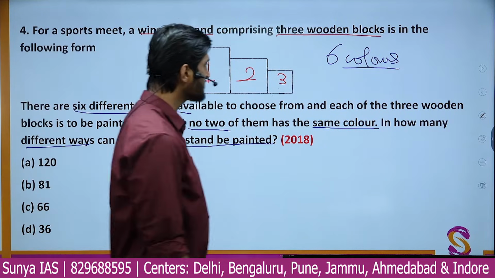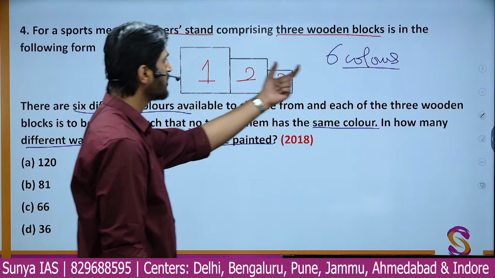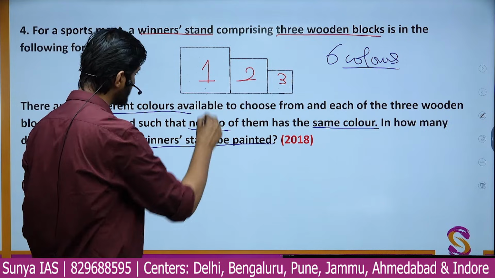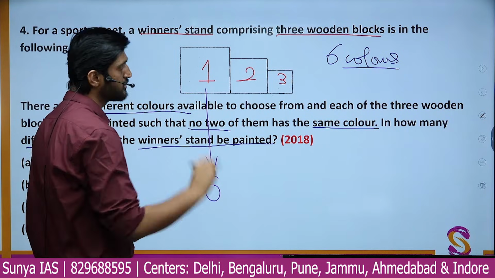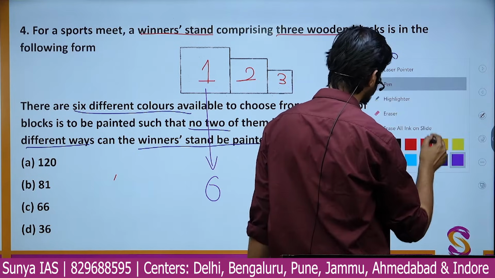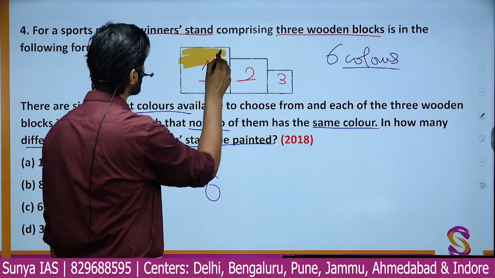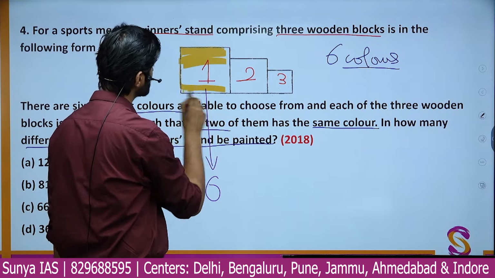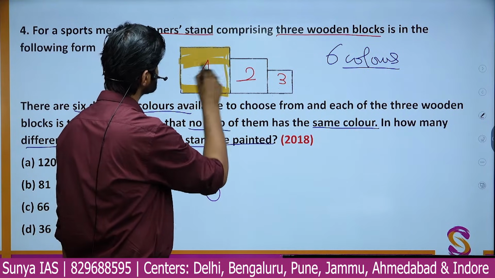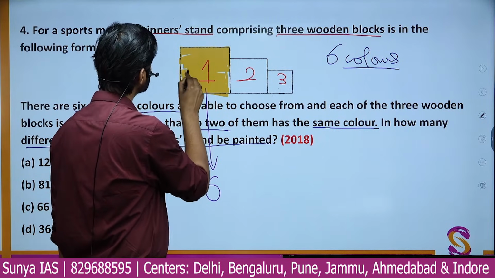So the first block can be filled or painted with any of the 6 colors. So for the first position we have 6 types of different paints which we can use. Suppose we use the yellow paint at this place. So let us paint this particular block as yellowish, just so that we can visualize. So if we paint this first block as yellow,